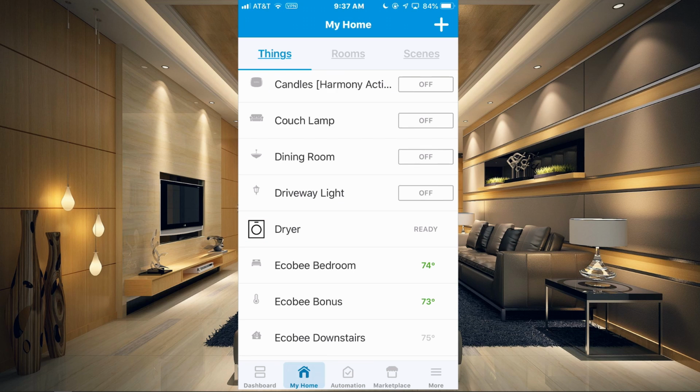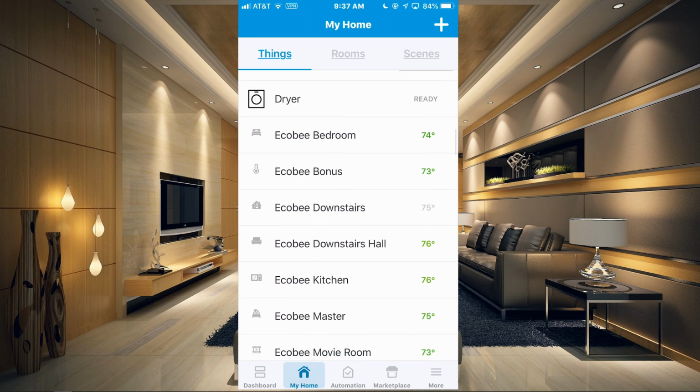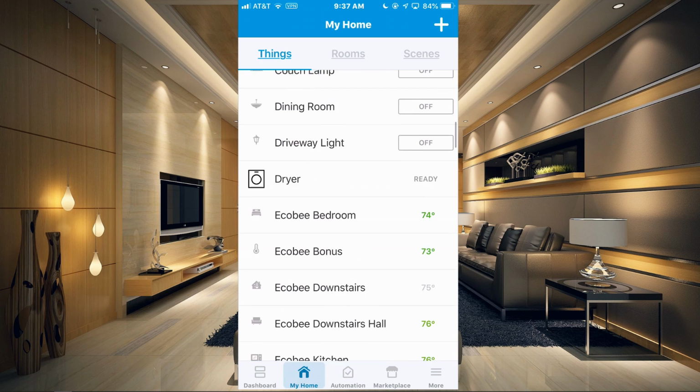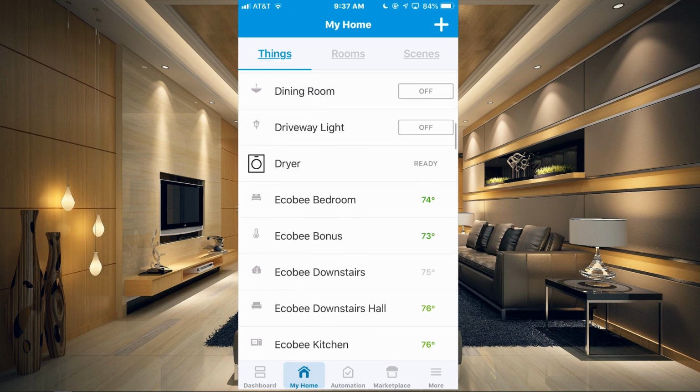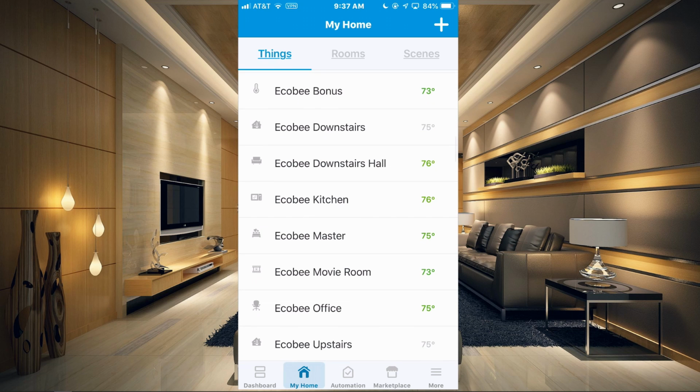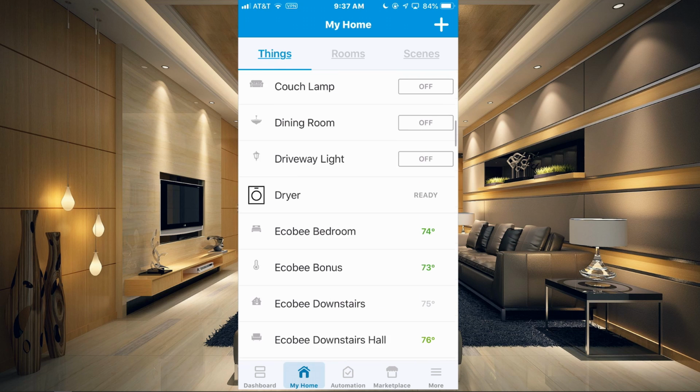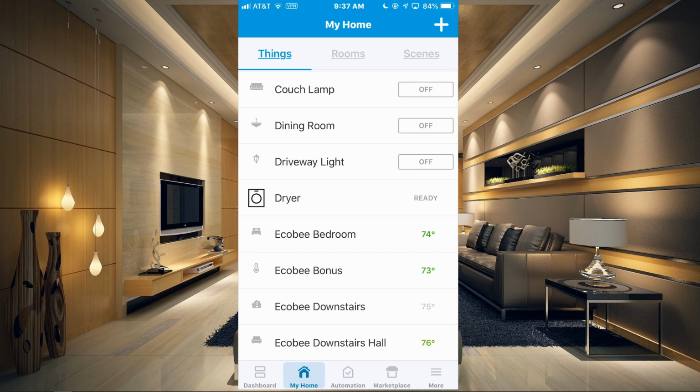Okay, now I have completely uninstalled my Echo Speaks, so you can see that all of my Echo devices that I just showed you are now gone. So I'm going to have to set this up all over again from the beginning and set up everything that I had set up with it. So that's going to be a lot of work. But I did that for you guys to show you how to get this set up, and it's super easy